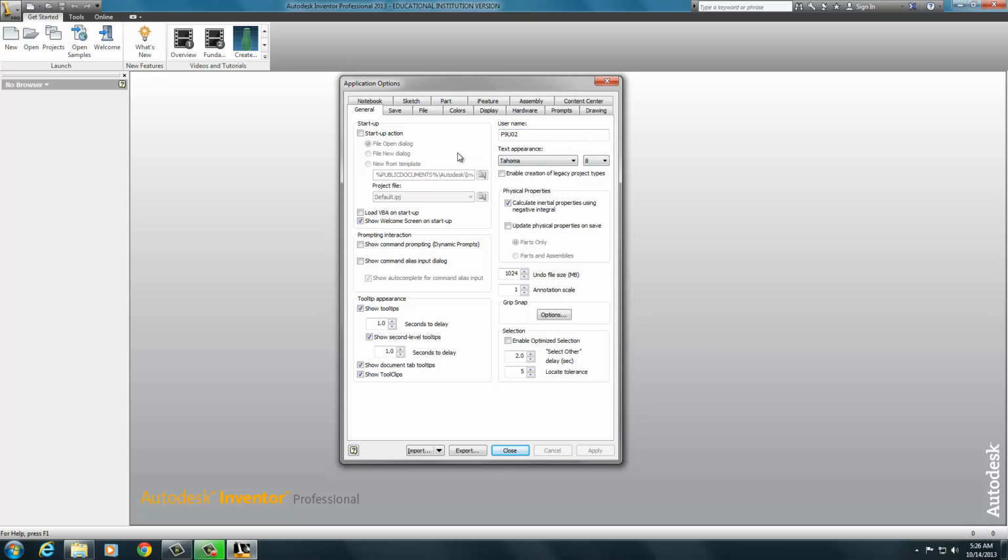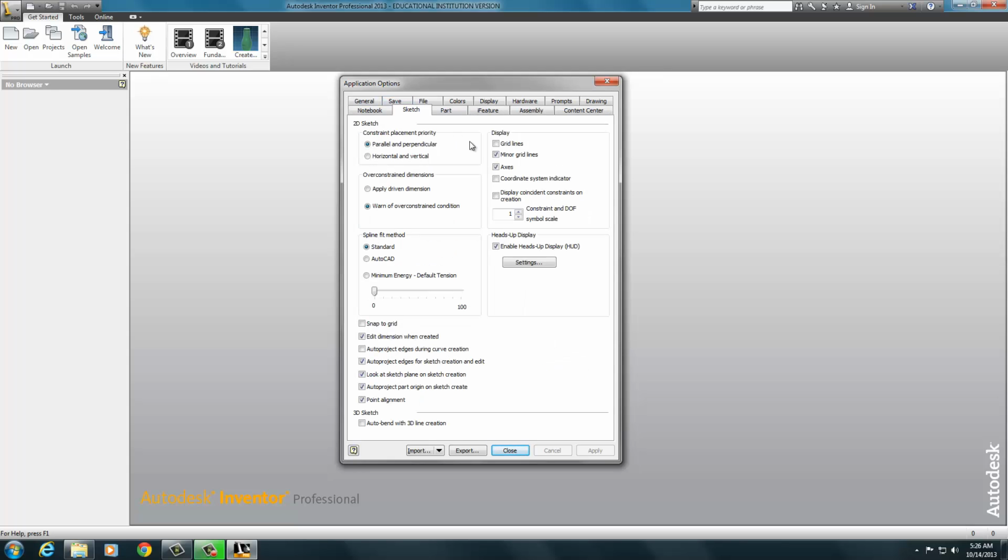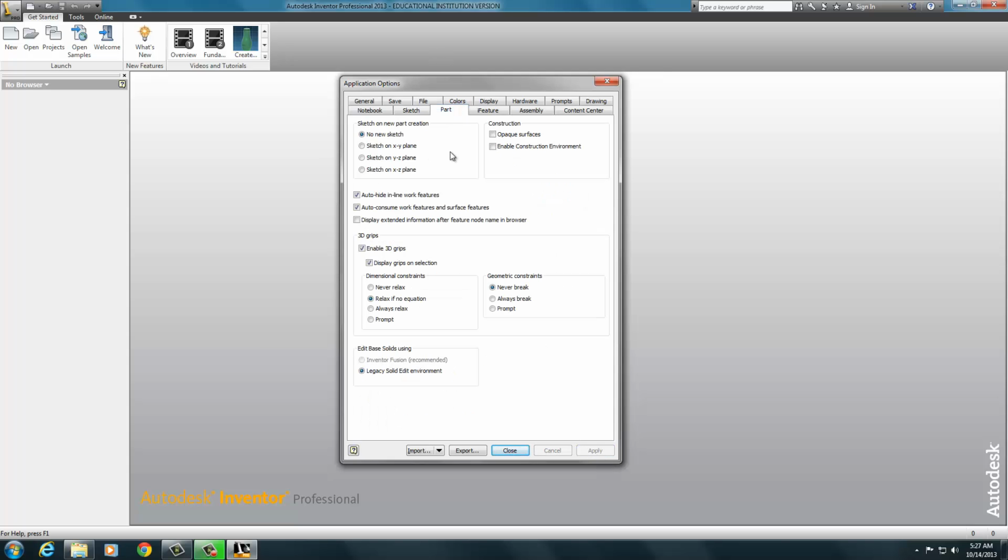We're going to go to three tabs. We're going to initially go to Sketch, and we're going to come over here to the display area and click grid lines. So the grid lines are going to be shown. Click apply. Then we're going to go to the part tab, and we're going to sketch on the XY plane